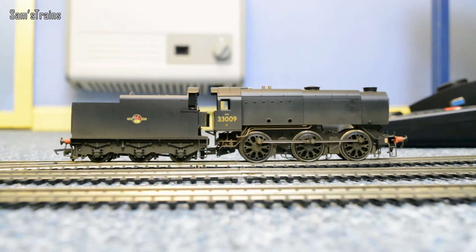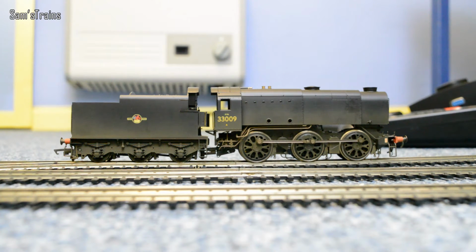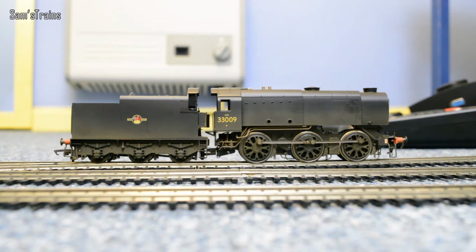Now, as I might have alluded to earlier, this loco's got one of the Bachmann decoders inside it, and I can't use it at all on the Hornby Select. But I can use it on Railmaster, but I can't write any CVs, so I'm not sure whether the minimum or maximum speeds have been altered on the loco, but she certainly doesn't go very fast at maximum speed, and also the lowest possible speed really isn't that slow,